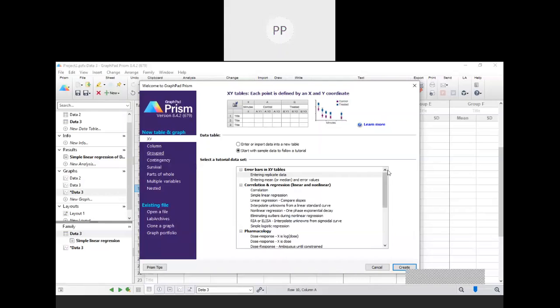graphs. If you want to draw your graph, to take x and y axes, so it is x and y tables. So here you can see x and y tables. Here is x, here is y. In GraphPad you have to put the x value and y value. After that you have to decide which test you want to do.